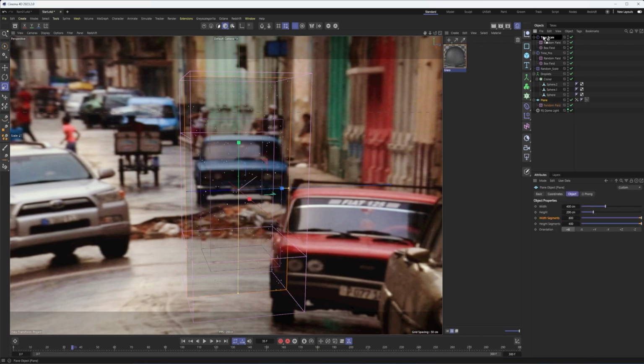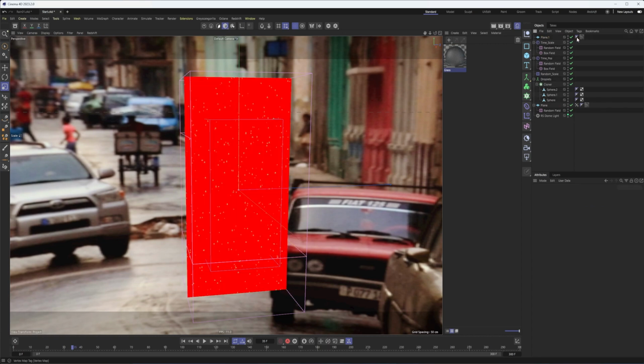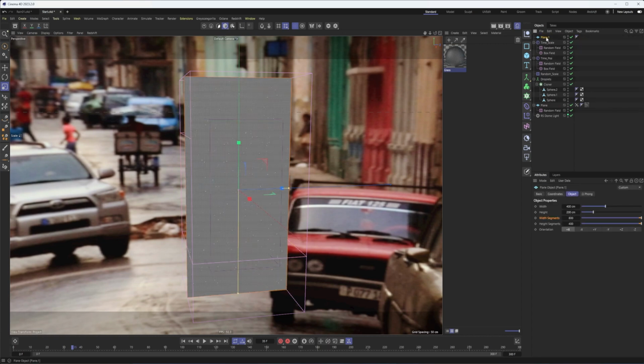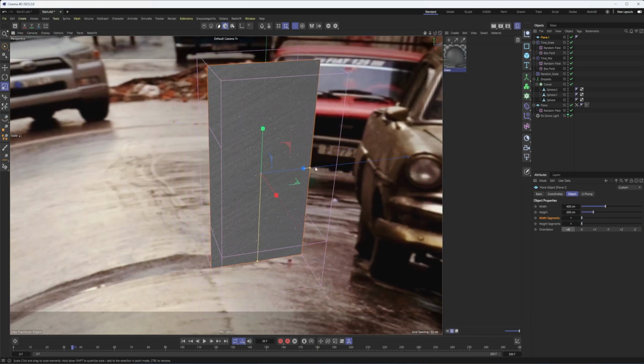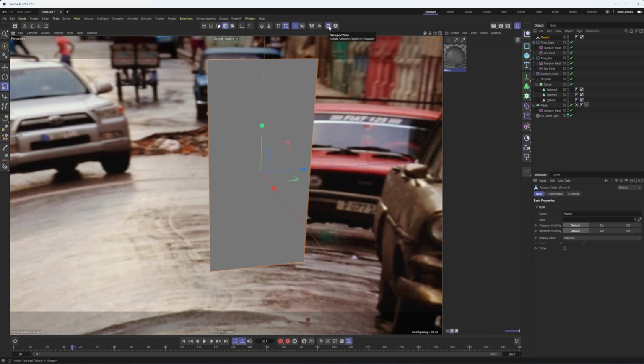Let's just duplicate our plane again. Okay, get rid of the random field on it. Get rid of everything else on it. And I don't need all these segments. I'll reduce the segments to 1 there. And this way we have a plane that's like the exact size of our window. I'm going to make this plane editable. And I'm going to even try soloing this as well.